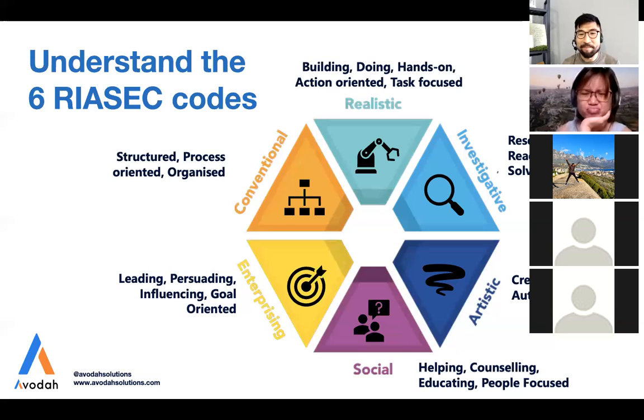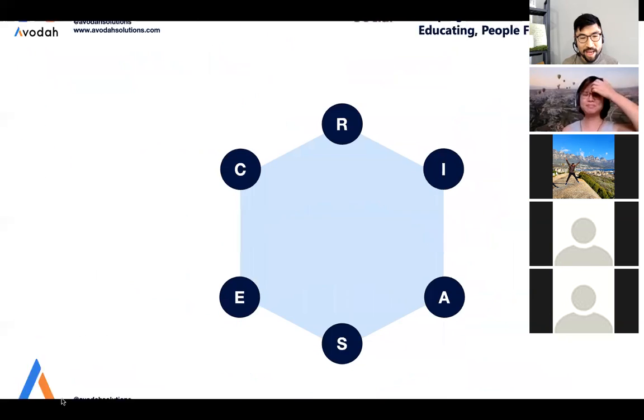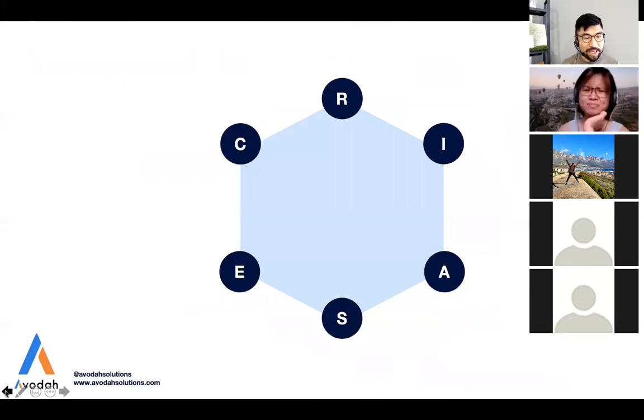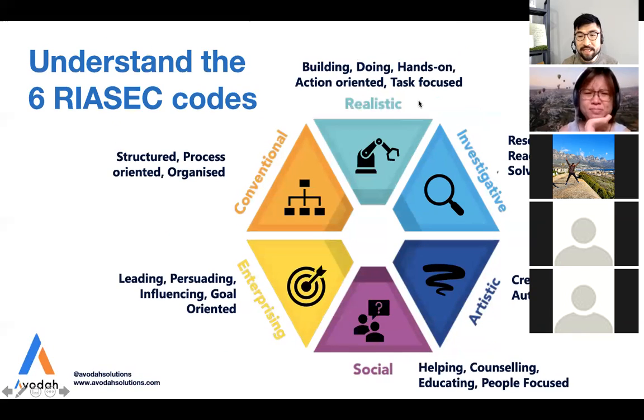Dominant means obvious, or more regularly used. And here's what I mean. Let me just move back to this slide first. What I mean by that is, at any one point of time, you may be 2 or 3. Let's say you are realistic and investigative, and also artistic. So these 3 form your dominant code. I'll talk a little bit more about that in just a while.